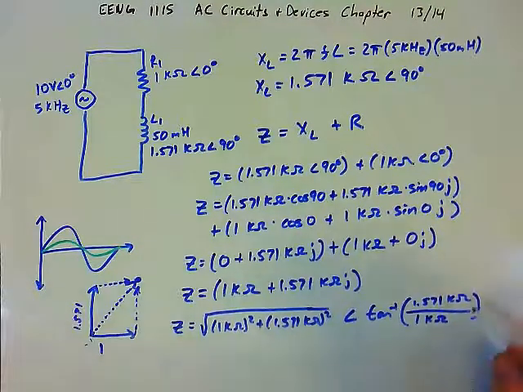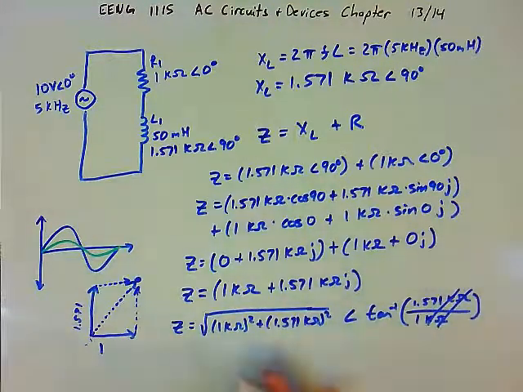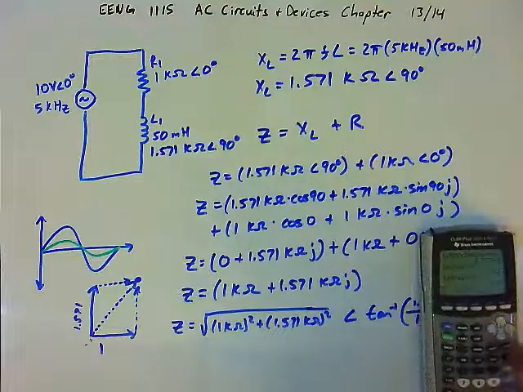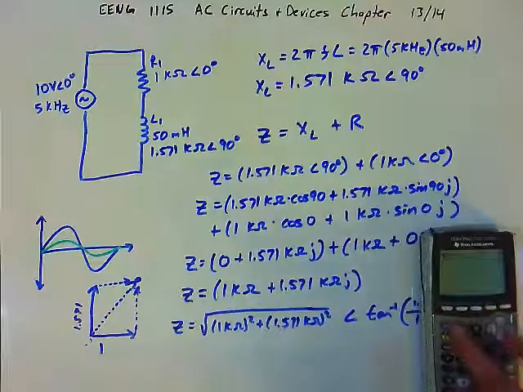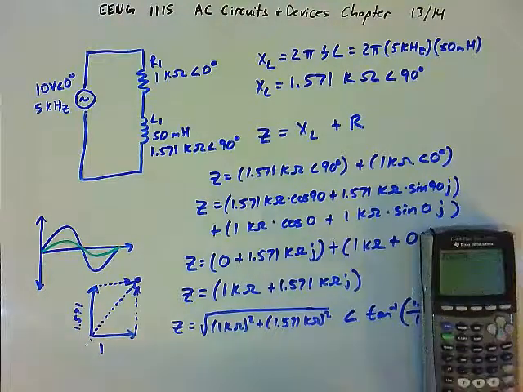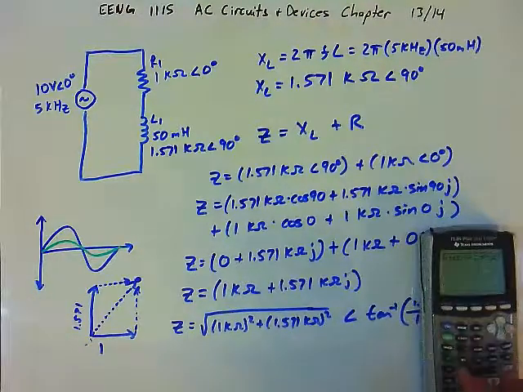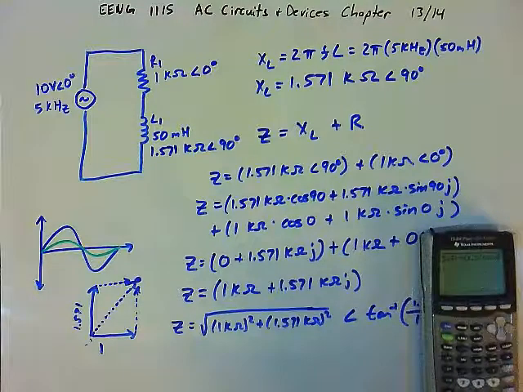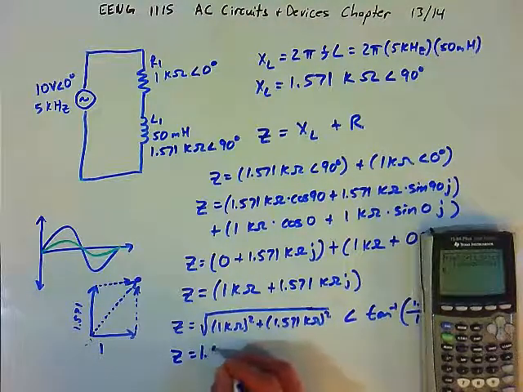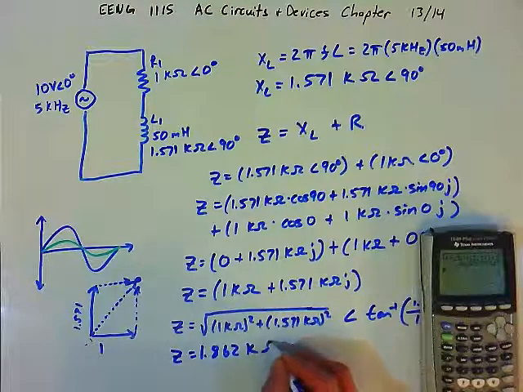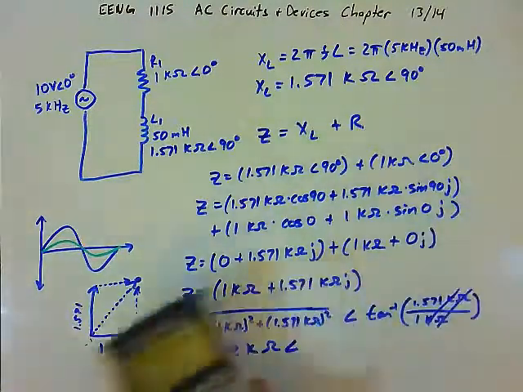Now when I divide these, the units cancel. Kilo ohms cancels out, right? So I didn't really need to write that there, but I did anyway. And so let's find the magnitude. We're taking the square root of 1E3 squared plus 1.571E3 squared, and we get 1.862. The impedance is 1.862 kilo ohms, at an angle, and the angle will be the